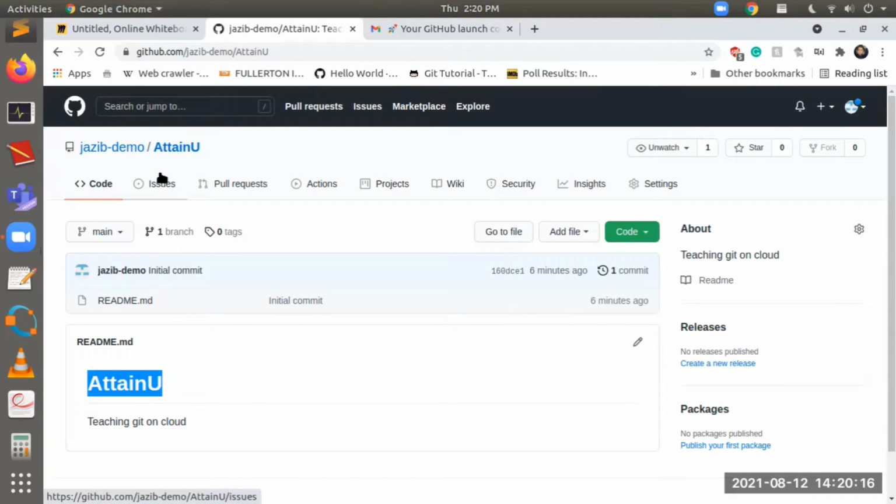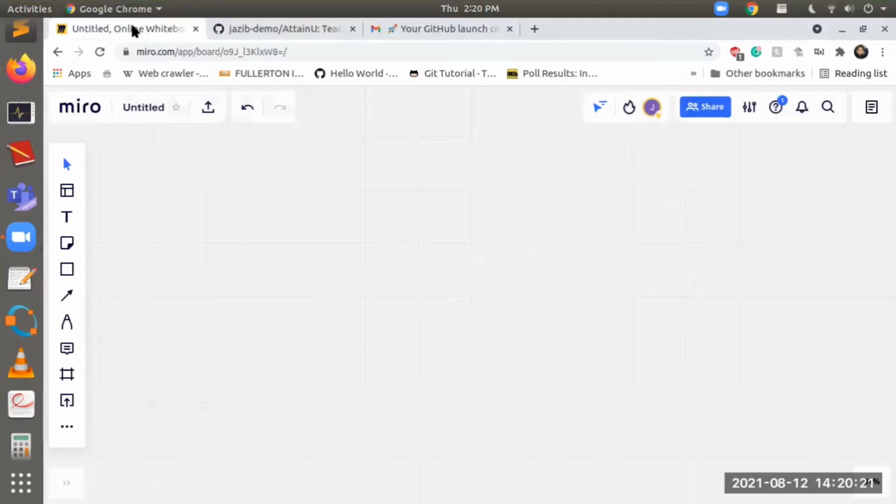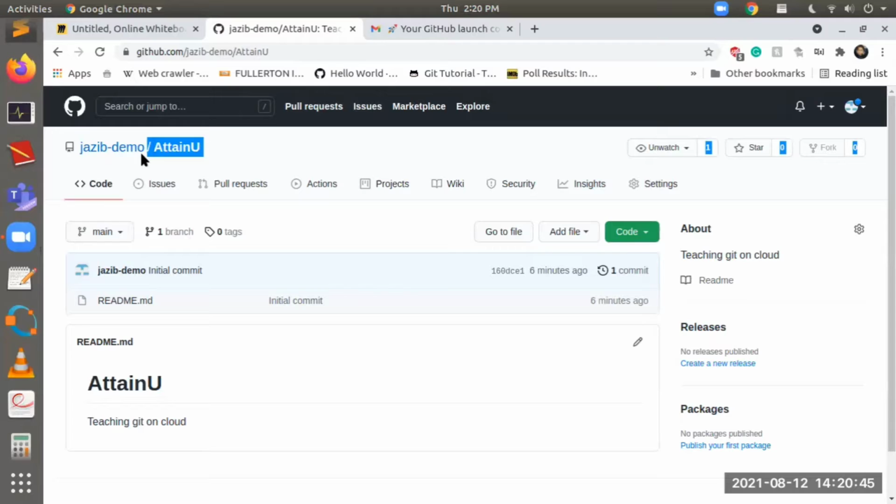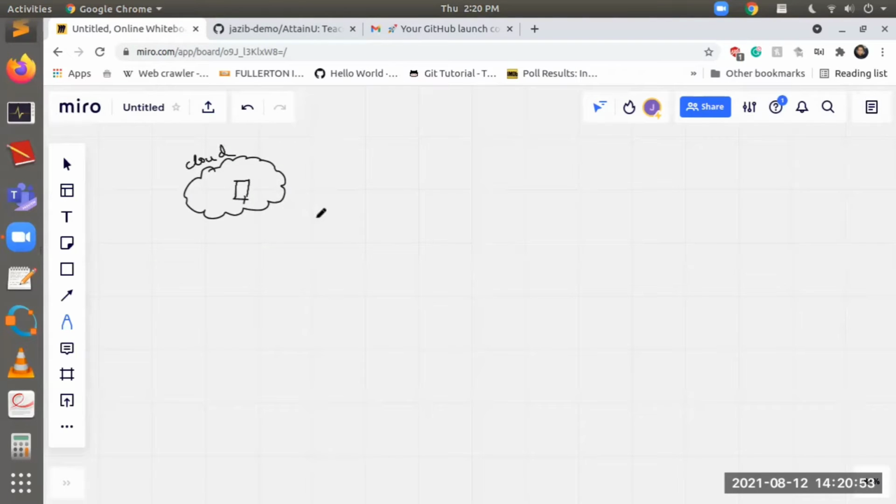So we made a GitHub account and we made a repository called Attain inside that GitHub account. So that GitHub account, what is it? It is a cloud version of our Git folder or a Git repo. So what is a cloud? Cloud is actually some computer that is on the internet, some computer that you can access using the internet. So GitHub gives you some storage on their servers that you can access using ID and password. So this account, Chazib-demo, is my account that was made on GitHub Cloud. So cloud is technically some other computer on the internet.